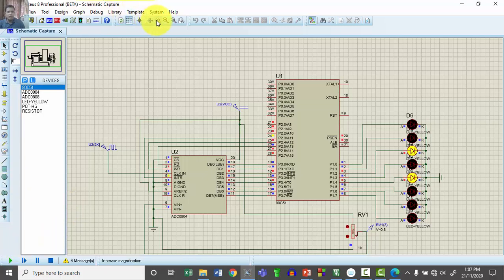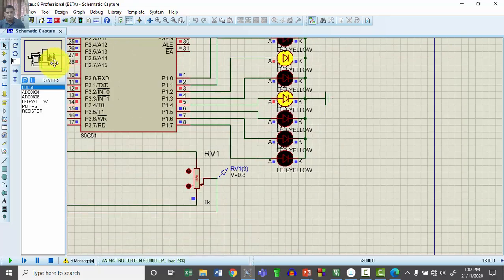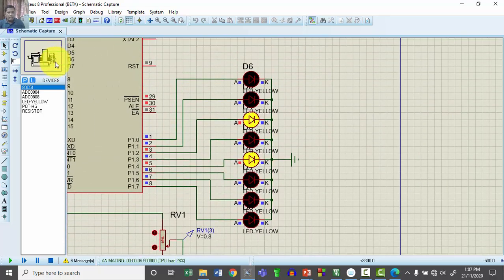So let us cross check the output, how exactly it will look. To provide better understanding, let me zoom in over here. Whenever the maximum voltage of 5 volts is provided, it indicates 255, and corresponding to this all my LEDs should be turned on. Here I have 4.9995. When I change this resistance, my analog input quantity is continuously changing, and in response the rate of blinking of the LEDs is changing, which indicates the digitally converted data is also fluctuating.